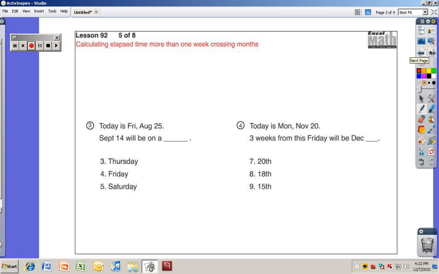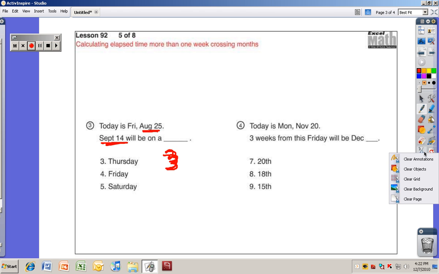Pause the video and then turn it back on when you're ready to see the solutions. Today is Friday, August 25th. September 14th will be on A. So we're starting on the 25th. Actually, what we want to do is we're in August, and we're going to make a fake date for September. August has,